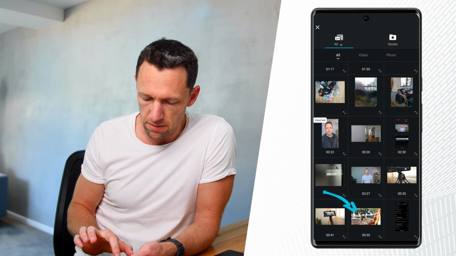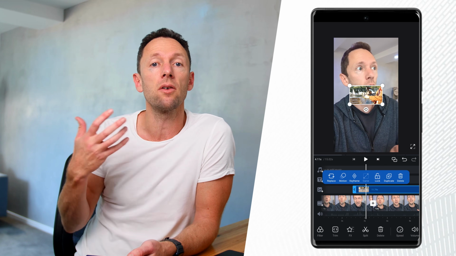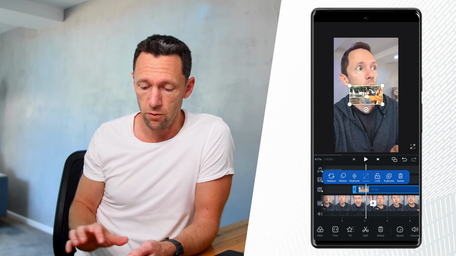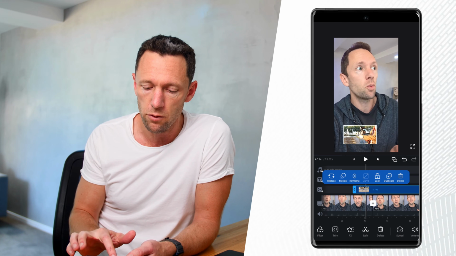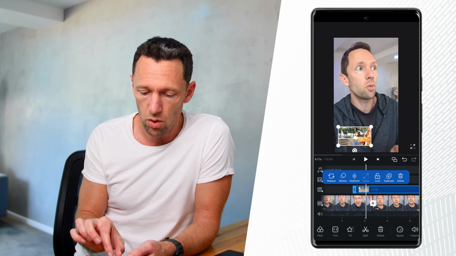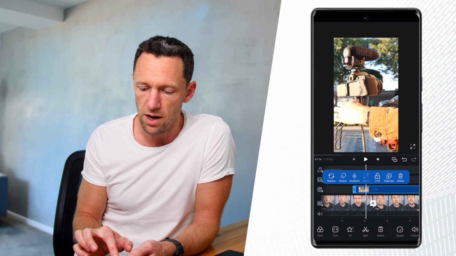And let's bring in this clip here down the bottom. So straight away, we can see that that clip has now come in overlaid on top of our primary footage. Now up in the top window here, we can select on it, we can pick it up, we can move it around. So if you do want a small clip down in the bottom corner, we could definitely do that, or we could scale it up. We can just pinch to zoom to scale that up